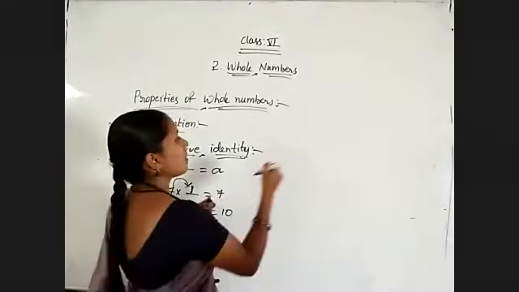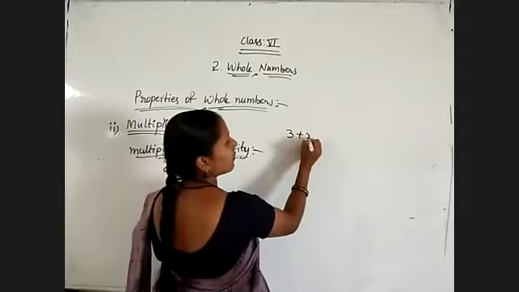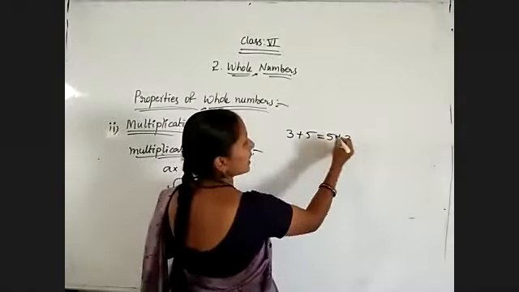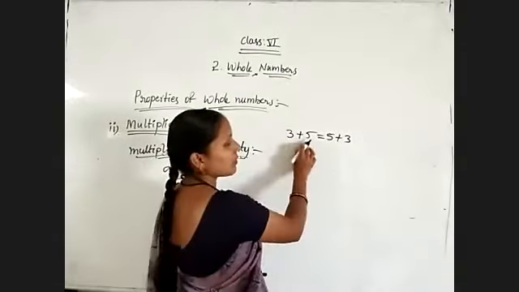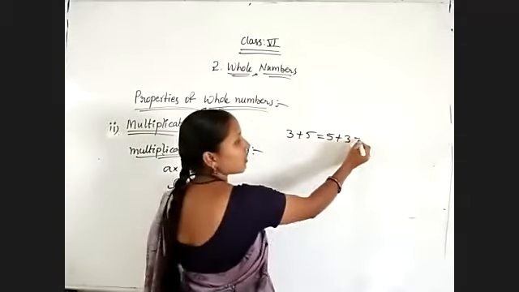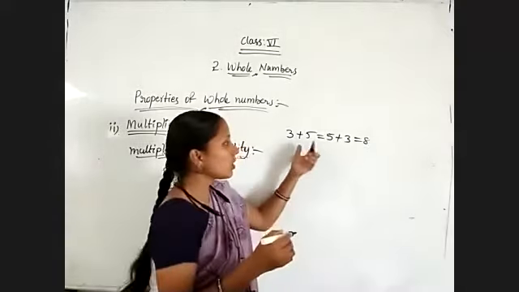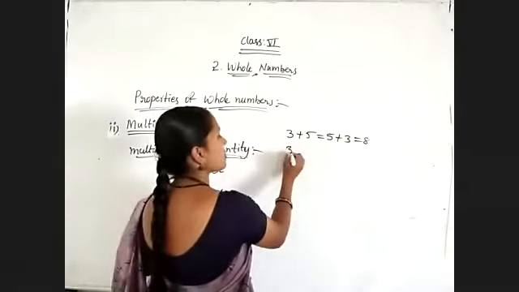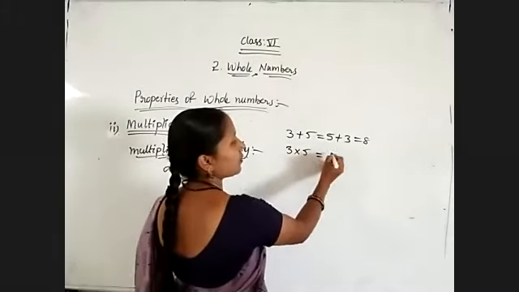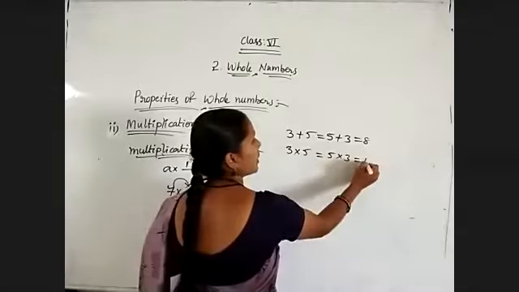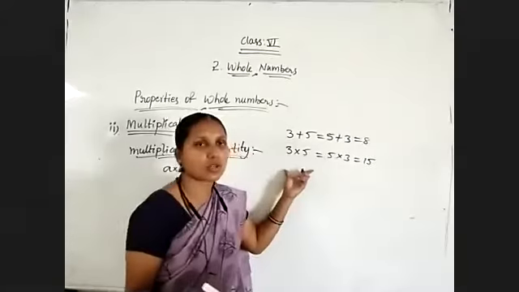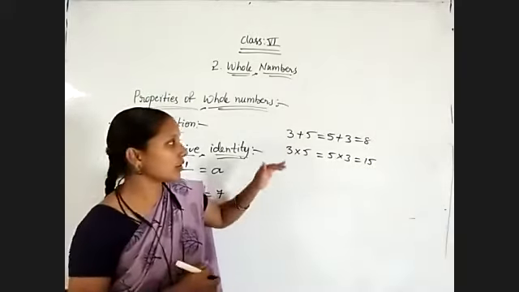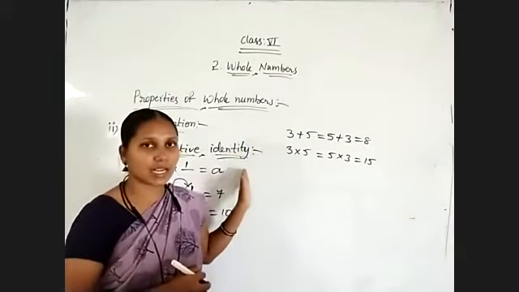That is closure property. Coming to the commutative property, if we are adding any two whole numbers by changing their order, for suppose my whole numbers are 3 and 5. I am changing the order, 5 is first and 3 is in second place. Then also 3 plus 5 is equal to 8, 5 plus 3 is also equal to 8. There is no change. So commutative property is suitable over addition as well as multiplication. 3 5s are 15, 5 3s are 15. Even though you are changing the order of those two numbers, the result didn't change. So commutative property is suitable for whole numbers over addition as well as multiplication.